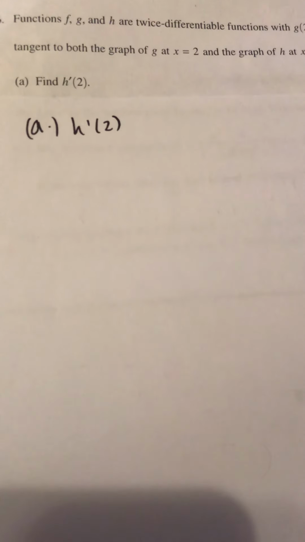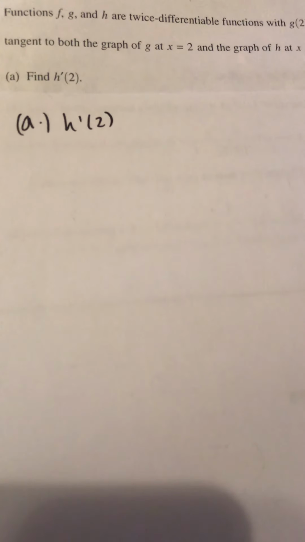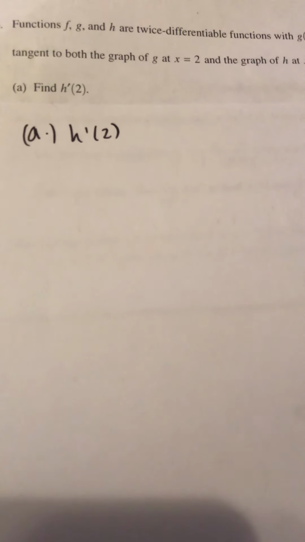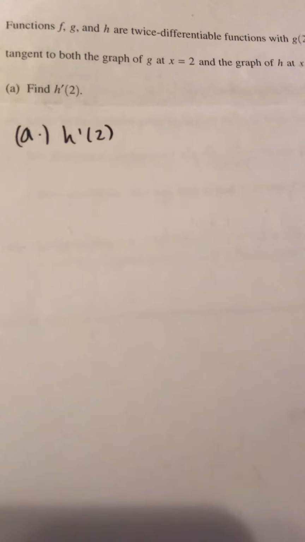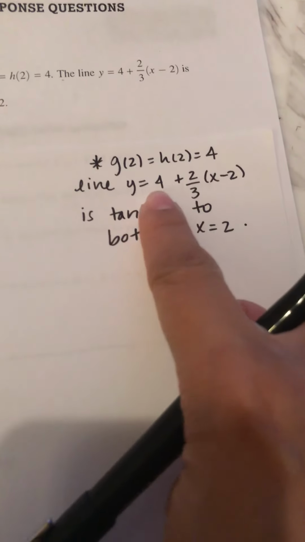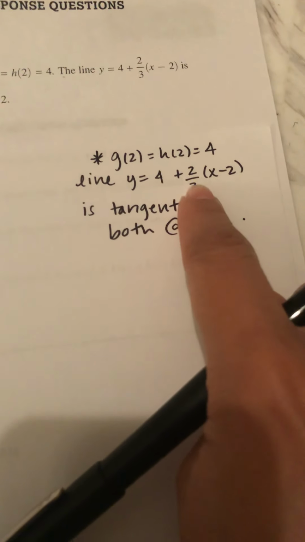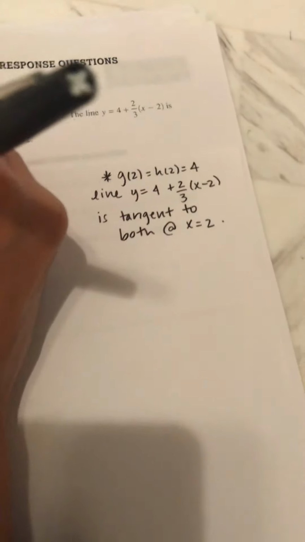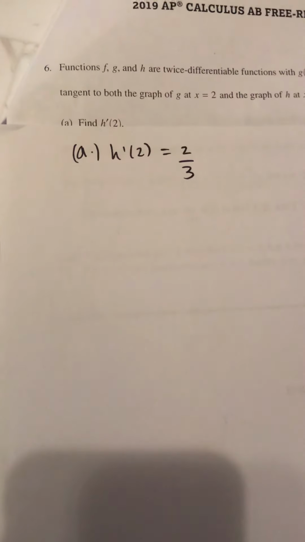And that is also given in the problem. I just rewrote it. So this question was so easy that it was hard. A lot of people, I can imagine, overthought it. So h prime of 2 is given in this little equation that we have here. It's literally just the slope, which is this 2/3. So h prime of 2 is equal to 2/3,